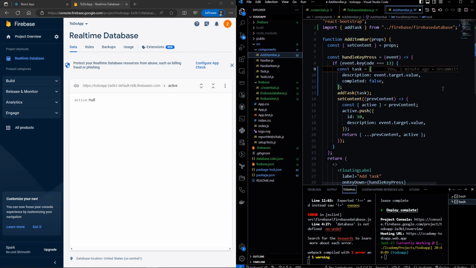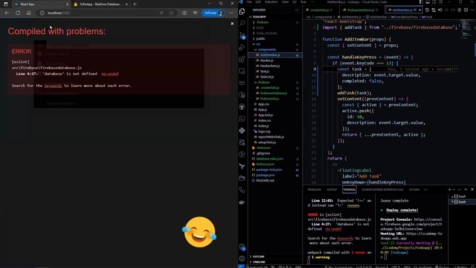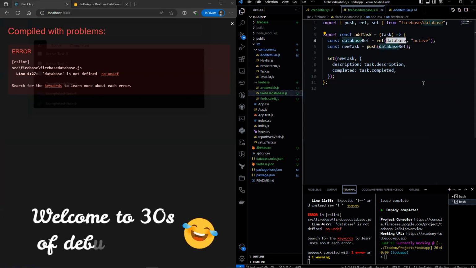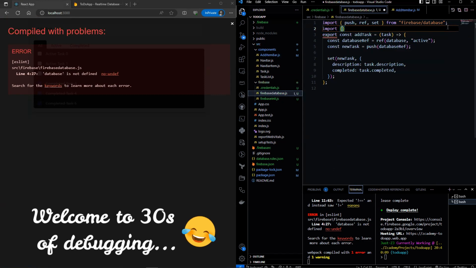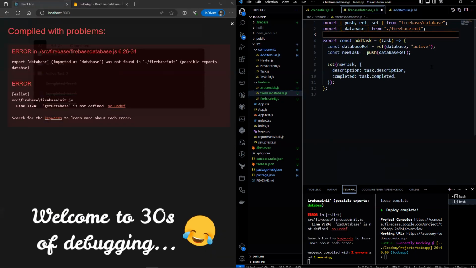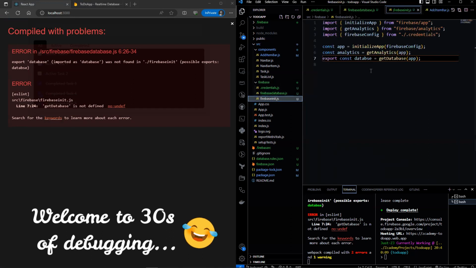Now let's save the changes in add item bar and we can test it out. Let's import database from Firebase init. So there's a typo here, so let's change that as well.